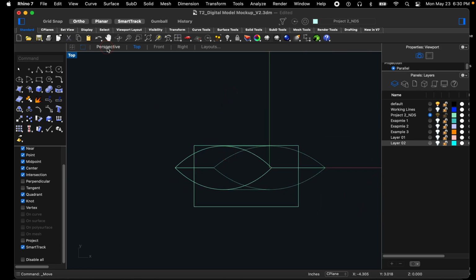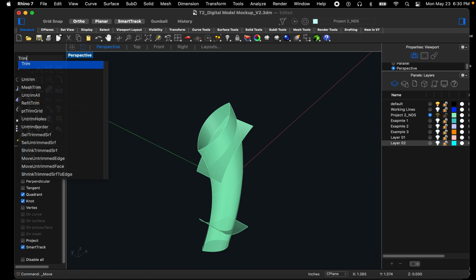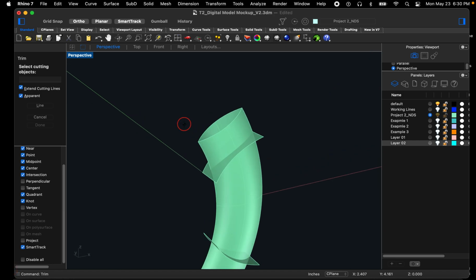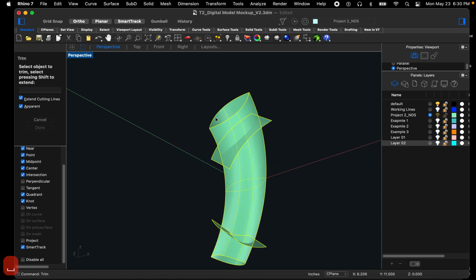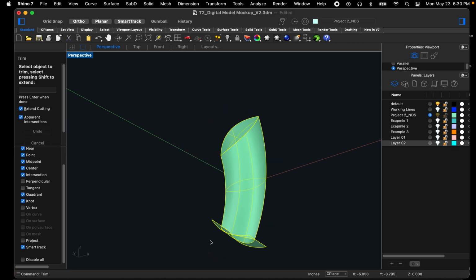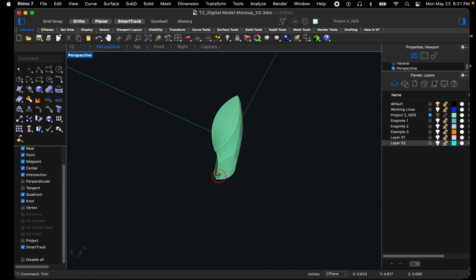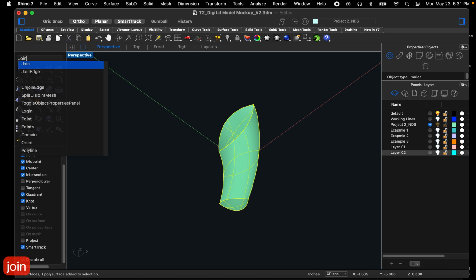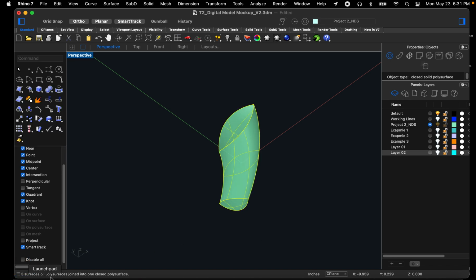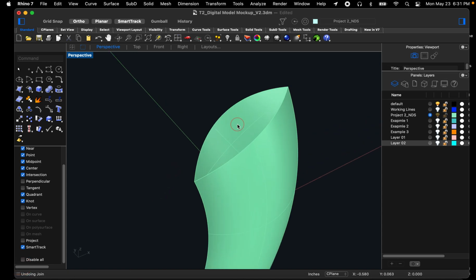Okay, perspective, trim, and we're going to say all this again. We'll say 1, 2, 3, 4. All right. Then if we join this together, 3 surfaces or poly surfaces join into one closed poly surface. Fantastic. But let's say, for the sake of argument, that I was able to get